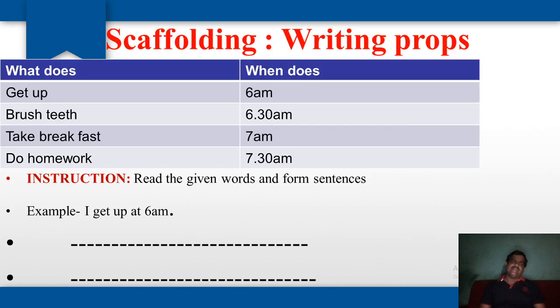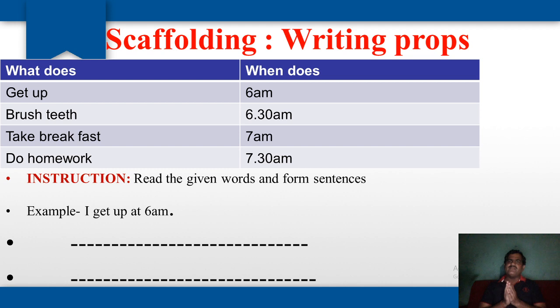Then scaffold writing. So scaffold writing, my dear students, means you have to provide help to the learners for the writing purpose, support. To what extent can you extend your support to the learners for the purpose of writing, whenever the child is coming to the level of independent writing? When gradually you proceed on, that process is known as scaffold writing. So scaffold writing can be performed in different ways.